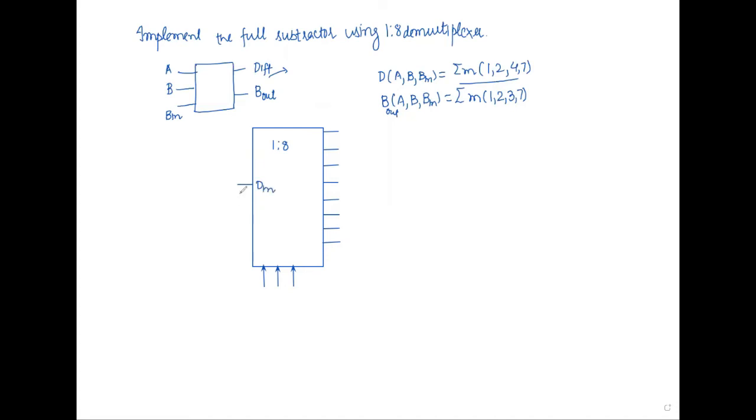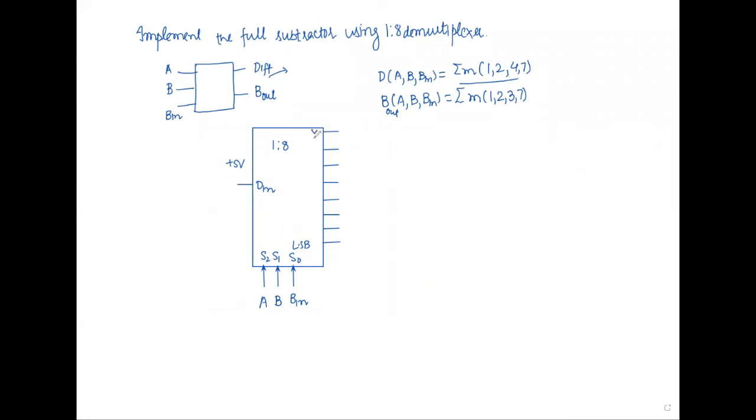Now we want to implement your full subtractor using this. So you will provide +5 input here, and on the selection lines, you will provide the A input, the B input, and your borrow input here. So this is on your LSB, and this is on your MSB: S2, S1, and S0. So make sure you should not mix MSB with LSB and LSB with MSB. Otherwise, you might not get good results.